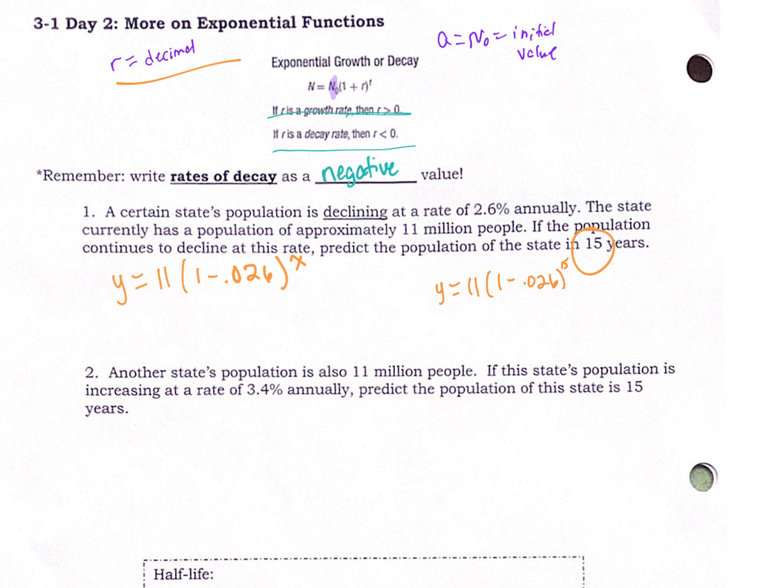Alec, what did you get? 7.4. Keep going. 7.4093. Okay, so 7.409 million. That reminds me, we've done a hard clear in here a few times lately, and I need to refresh your memory on how you actually convert and switch your calculator back to float 12 and stuff, because after the hard clear, some of yours are just a different setting for other reasons too, but I want to go over that with you. I've got this up here, so I want to kind of talk you through that process